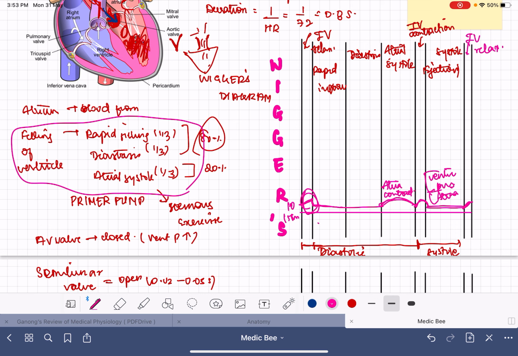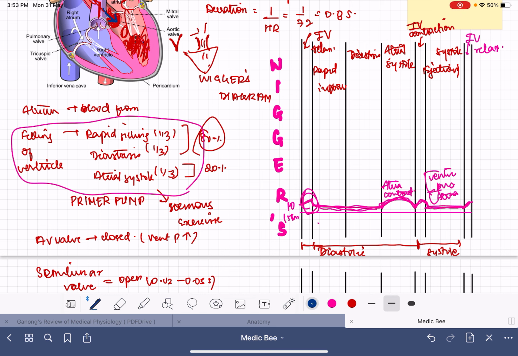and after that, as the blood is entering into the ventricles, there will be no pressure change. It will be around 0, and after that, as the atria contracts, there will be a slight increase in pressure, and after that, even after the AV valves are closed, the backflow and the bulging of the AV valves will cause the second pressure, and after that again it will be 0.